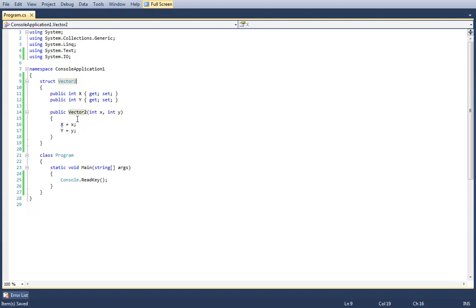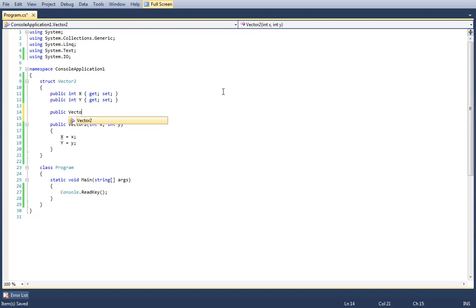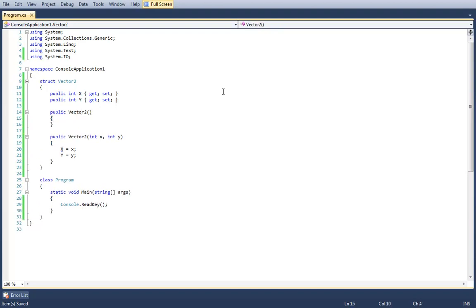Okay, so this code will fail. This is the number one stumbling block of people who work with structs. I'll get into a discussion very shortly about why you would want to use structs and the biggest differences between the two. But I want to clear up a lot of misconceptions and frustrations that people have about structures. The fact is, this code will fail for a very important reason. In addition, this code will fail too.